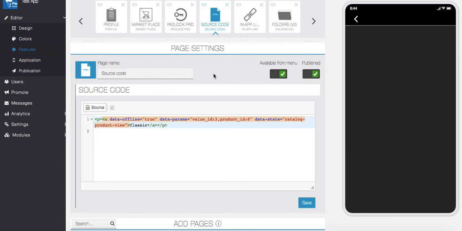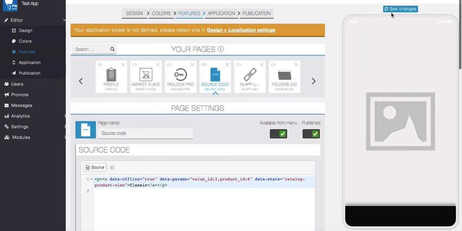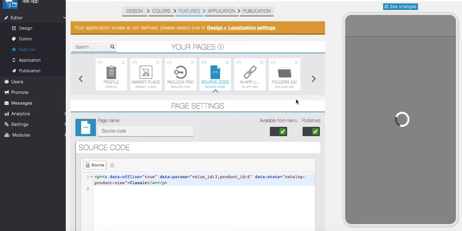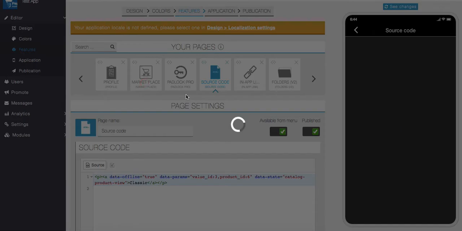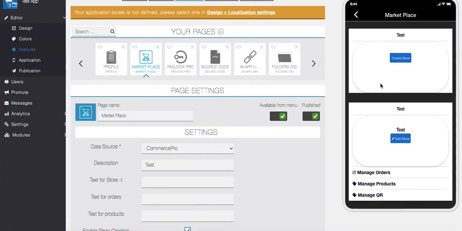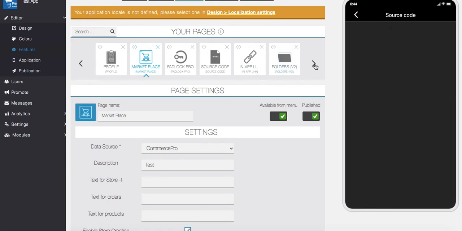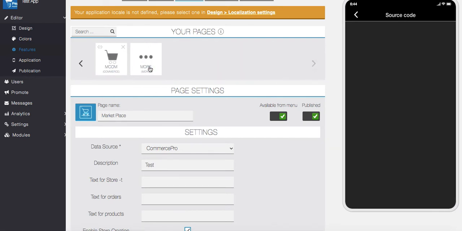So to do that, I'm assuming that you are using Chrome. If you're not, then open Chrome, and then first we will try to open the app. First I will open this feature. Now suppose I want to, no, I'll take the example of M Commerce, or Commerce Pro or M Commerce. I'll take the example of M Commerce.